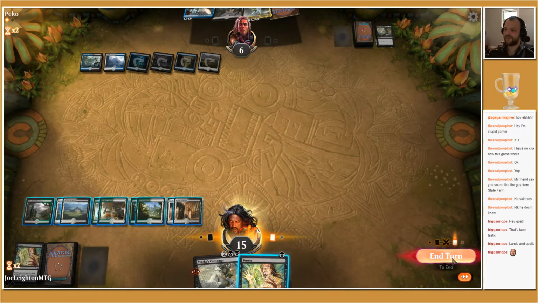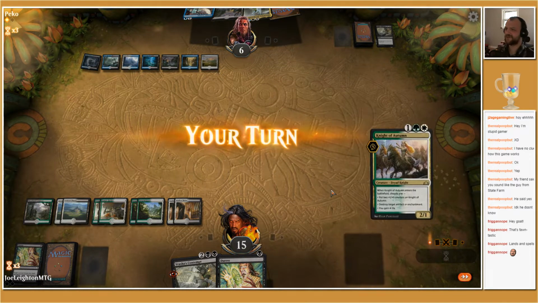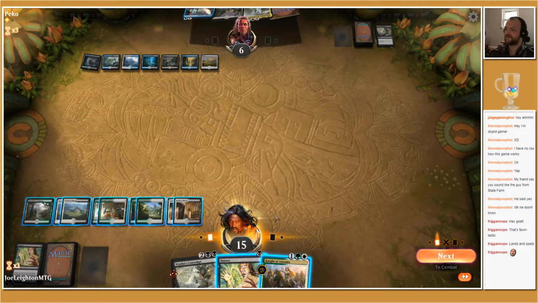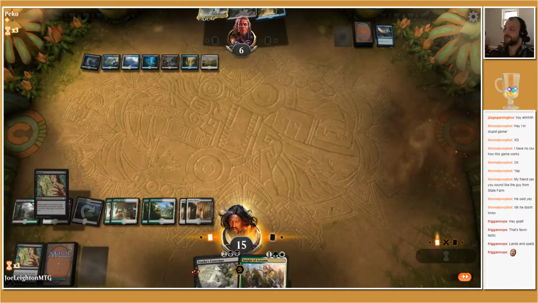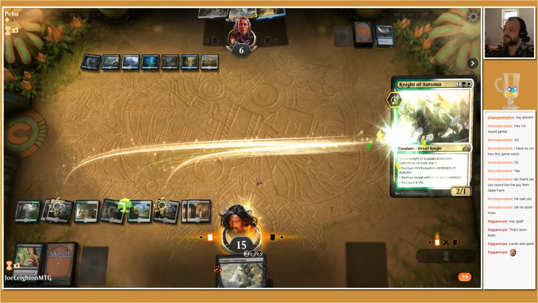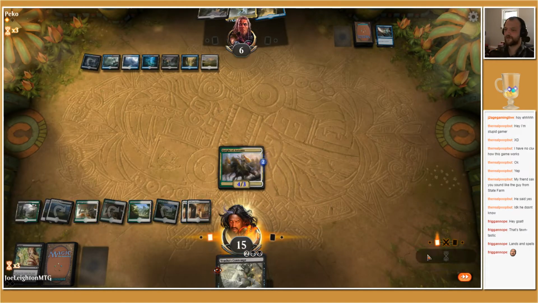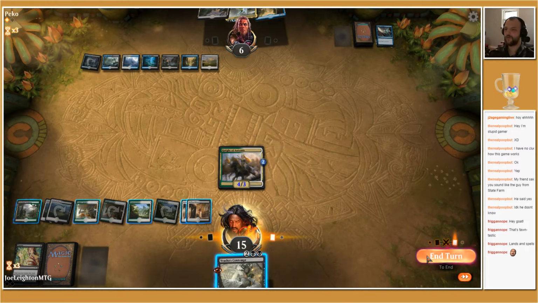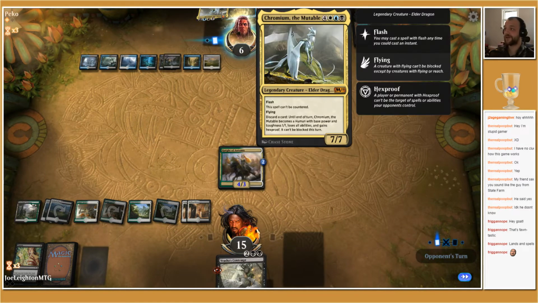I'm just gonna play the land and pass. I get punished if they have Thought Erasure, but that's just about all they need. Alright, now I'm gonna Duress. They have a whole lot of nothing going on. Alright, 2-turn clock, opponent. What do you got? Except for Chromium. But I do have a way to...